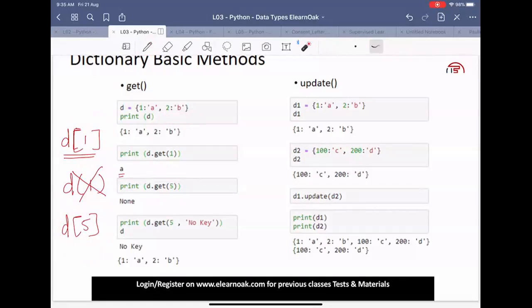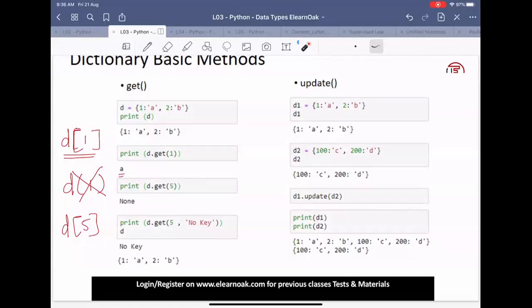Sometimes we would want to access the elements of the dictionary without knowing if that item already exists or not. If you want to access something from a dictionary and you are not sure if the item exists or not, but you don't want an error, in that case we can use the get function. It gives us a value None, but None is not an error, right? Sometimes when you have big loops, it is difficult to see which items are present or not. In those cases, we can use the get function.